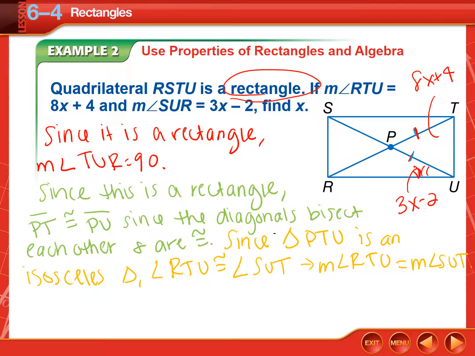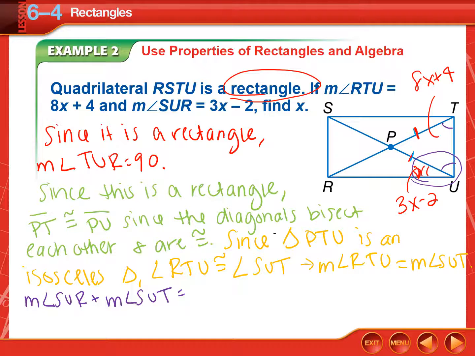Okay, so we now have that these are congruent to each other, which is good because notice that since RTU is congruent to SUT, and together SUT with SUR, they make a 90-degree angle. So here's what we're going to do. We're going to say that the measure of SUR plus the measure of angle SUT